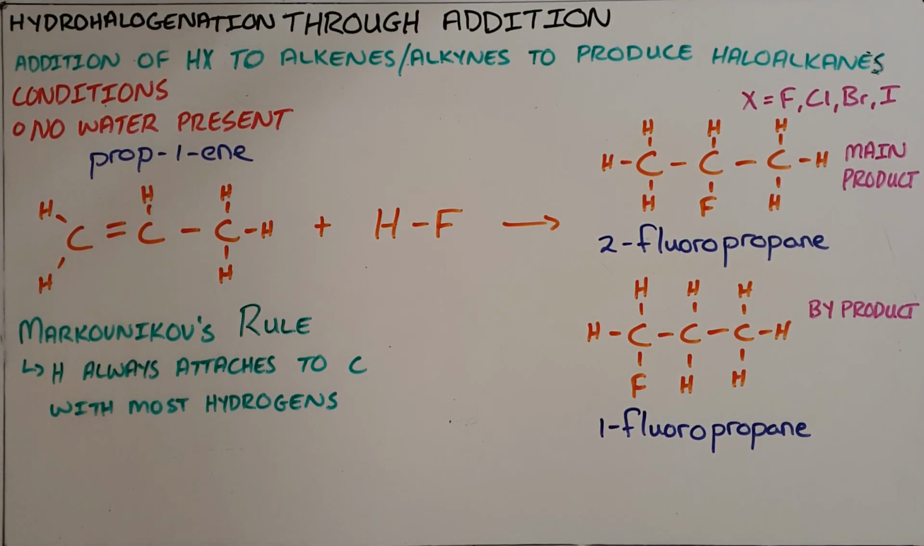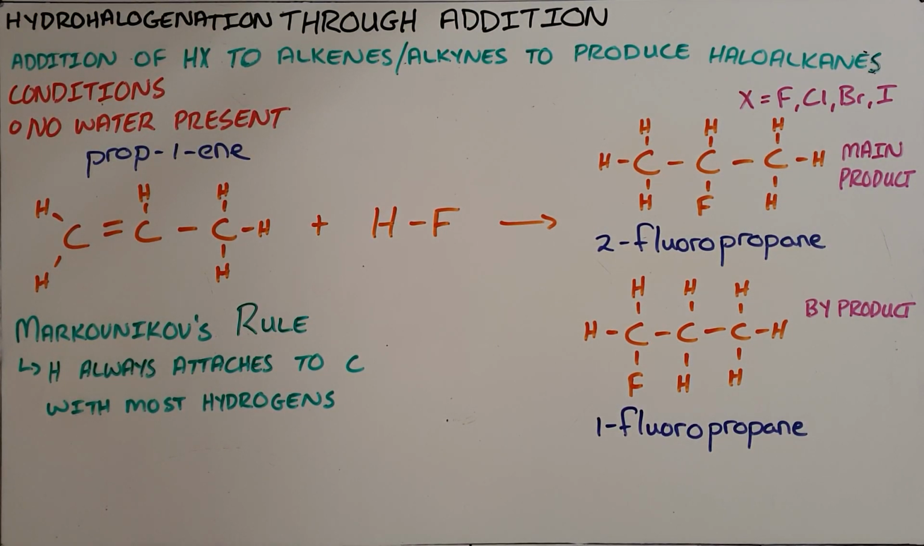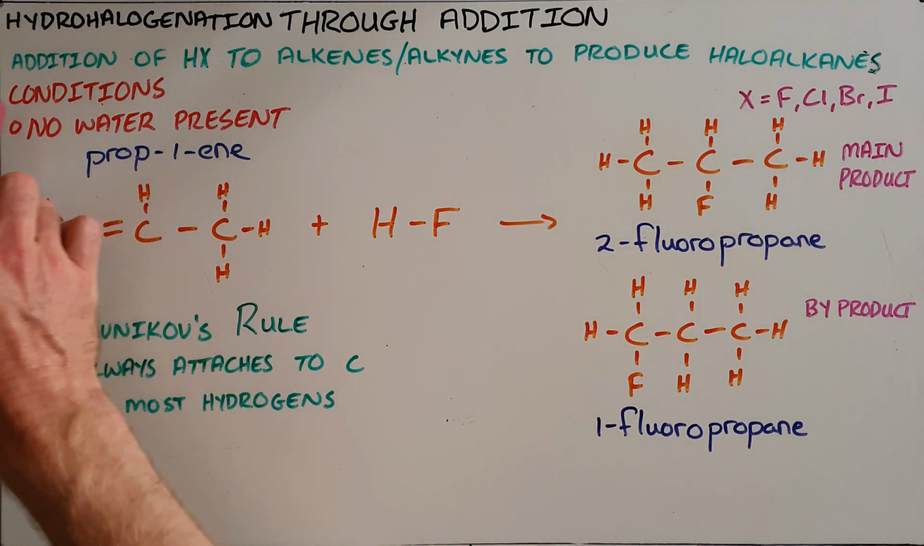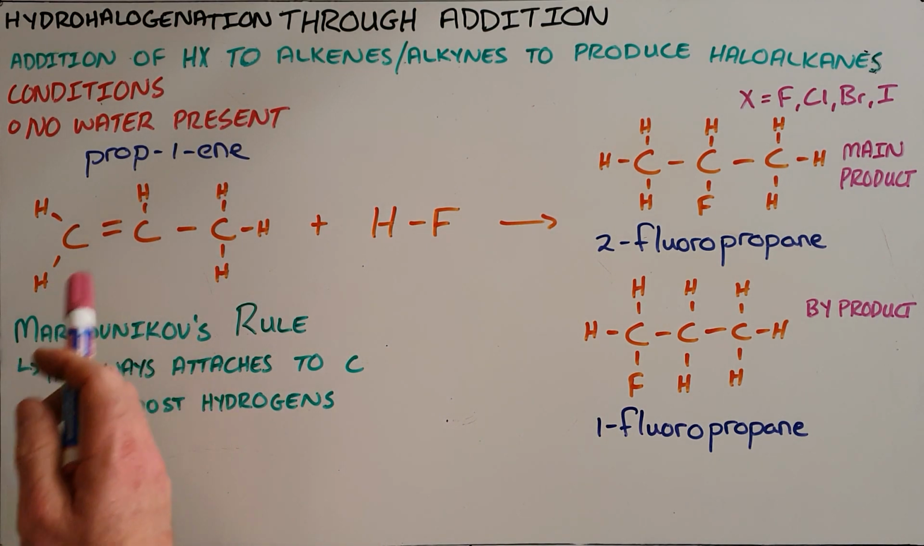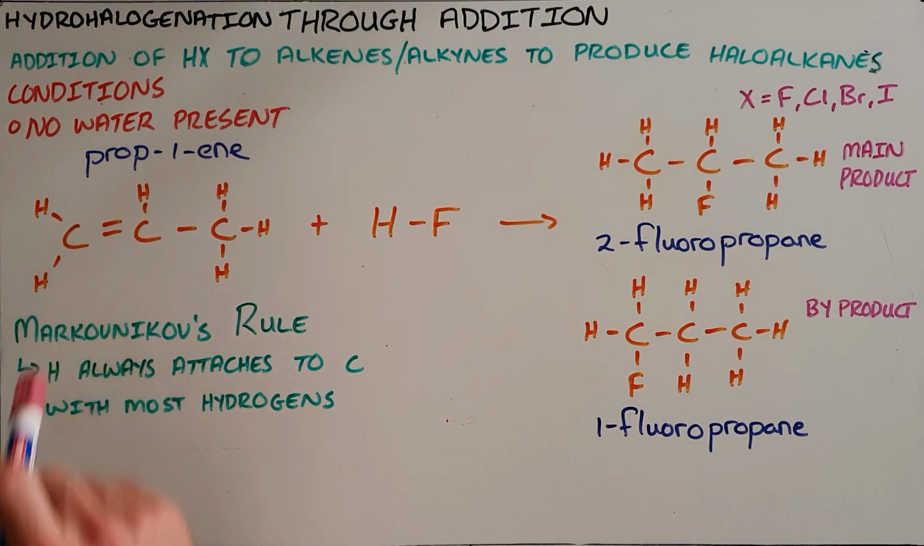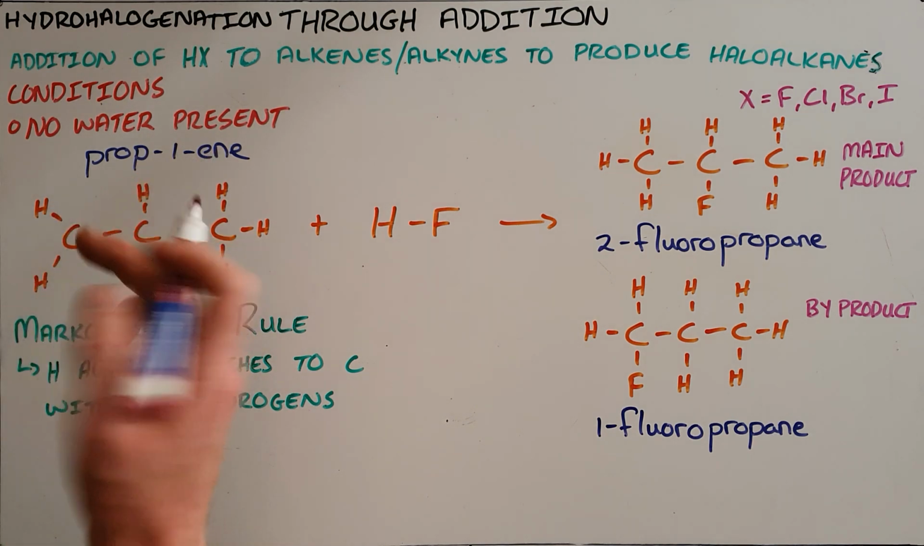Hydrohalogenation through addition is the addition of a hydrogen halide to an alkene or an alkyne to produce a haloalkane. This reaction can only happen on condition that there is no water present. As an example here, we have prop-1-ene, which contains a double bond on the first carbon, that reacts with hydrogen fluoride. And when there is no water present, we know that the second